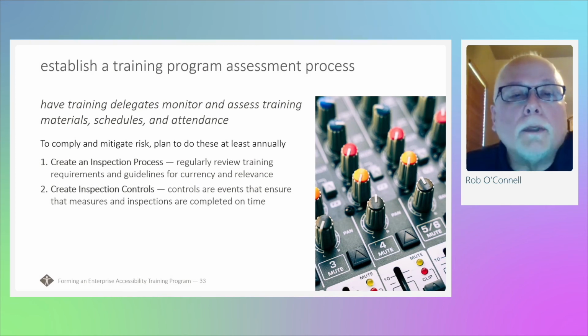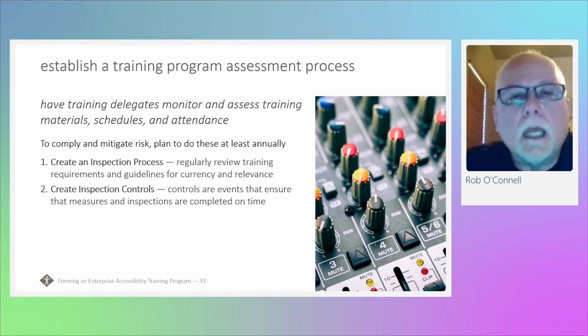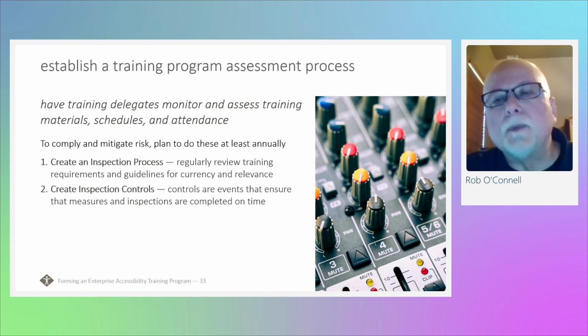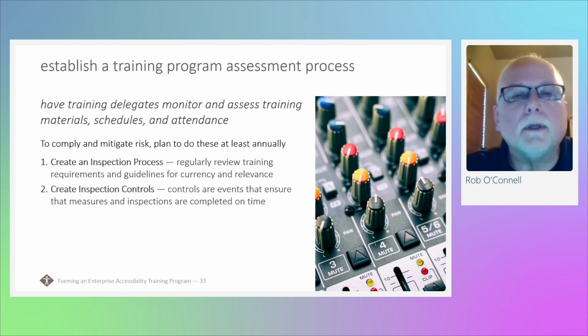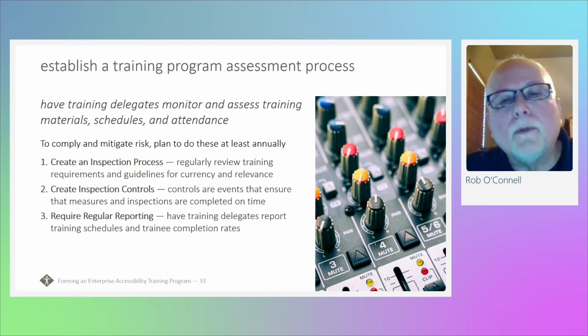It would be important to have at least some event that has to take place on a regular basis and evidence that event took place, whether it's meeting minutes to say you approved the following changes, or some kind of an assessment, maybe a test that gets run on the training materials, something that proves that the inspection took place. That would be a control then for that inspection process, and then require regular reporting of those inspections